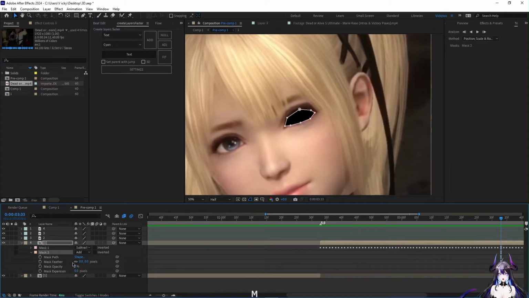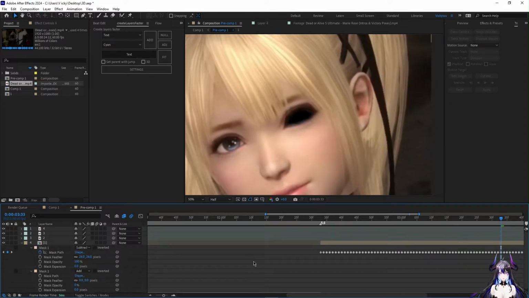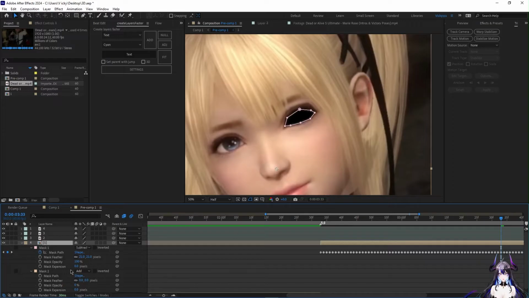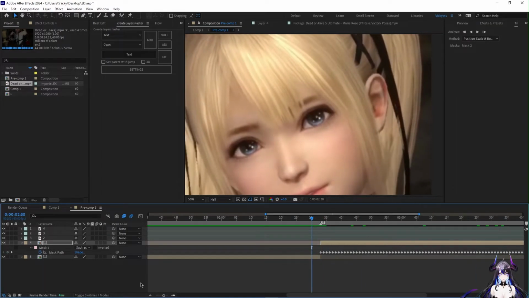press M to open up the mask, and we gotta play with the mask feather. I had to play with the first mask feather, so change the feather up, and you see the feathers here for you to change the roughness of your mask. So I think around 21 or 10, it depends on what clip you're using, that's enough, and I'm pretty okay with that. So, okay, now what we do is,